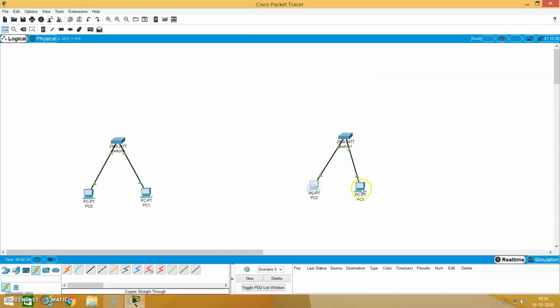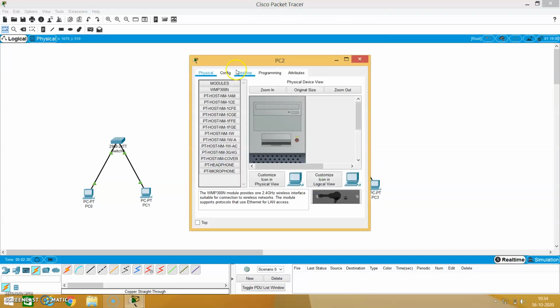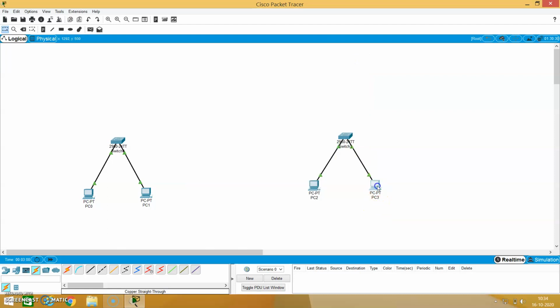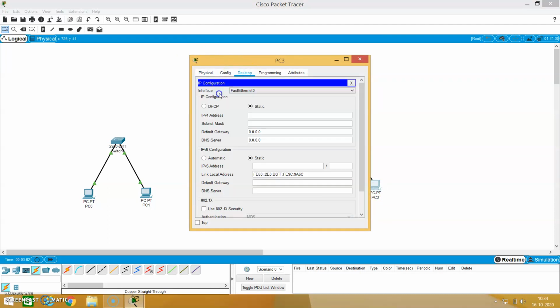Okay. Here also we can configure the IP for these two machines in a different network, that is the 2.0 network. 192.168.2.2, and the gateway is 192.168.2.1 that we will give to the router on this particular LAN interface. Now close this and configure the second machine in that network, 192.168.2.3, with 192.168.2.1 as the gateway address.